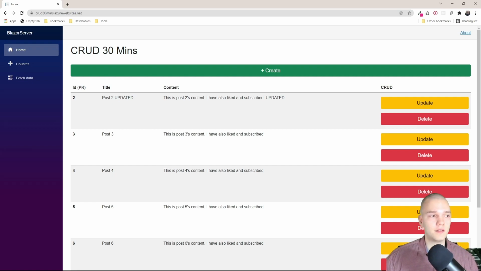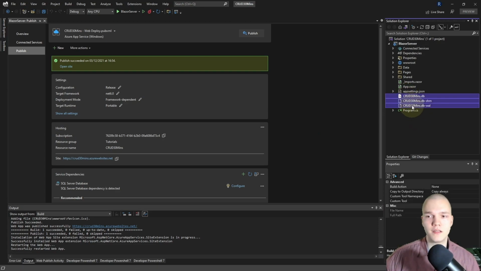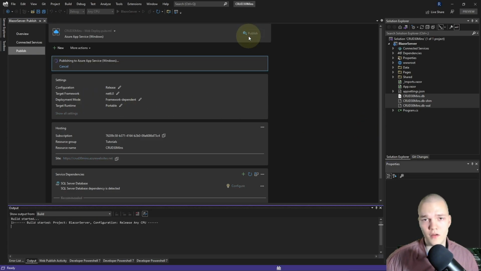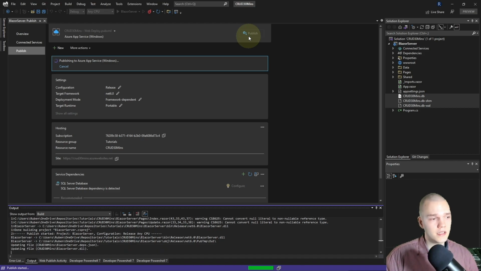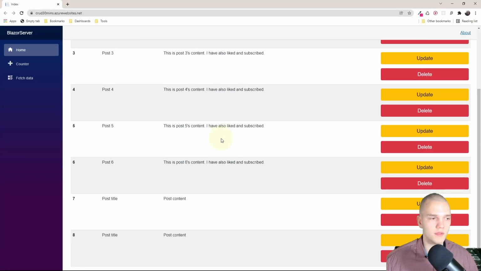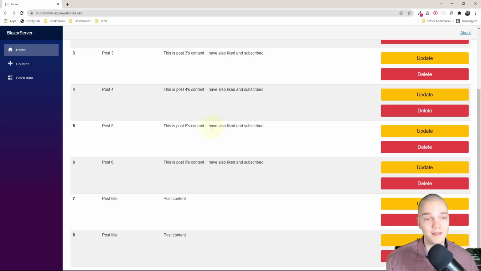There's one final thing to do. So I'll just close my browser, go back to Visual Studio, and I'm gonna set the database and the helper files back to do not copy. I'll just hit publish again. This makes it so that our production database doesn't get overwritten by our development database, which is nice. So the publish is done and a browser window pops up, and as you can see it's still the same database, so it didn't get overwritten by the local one.